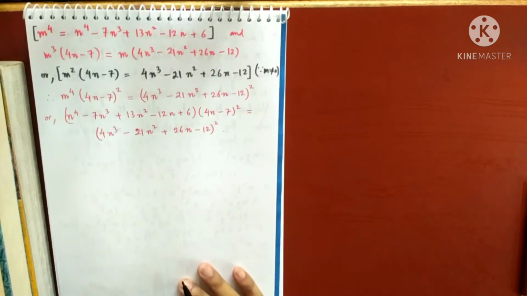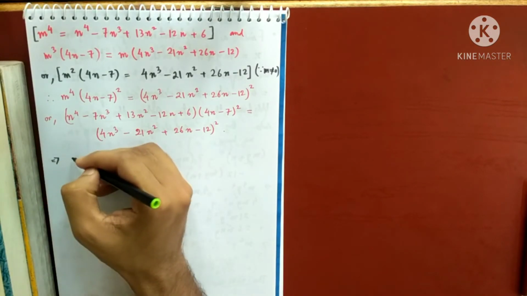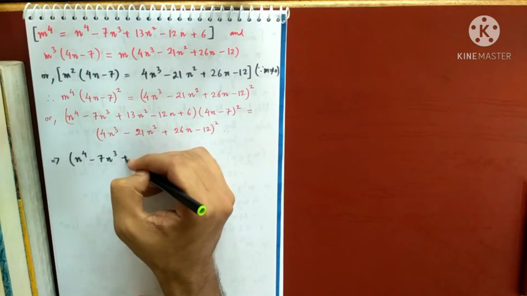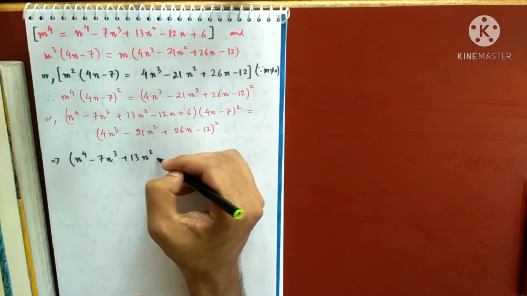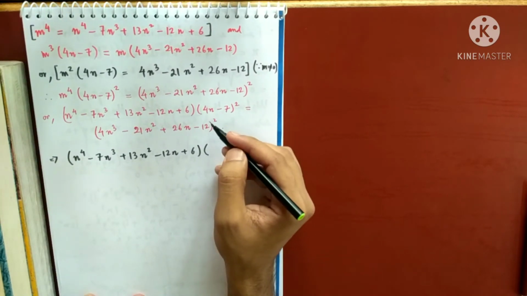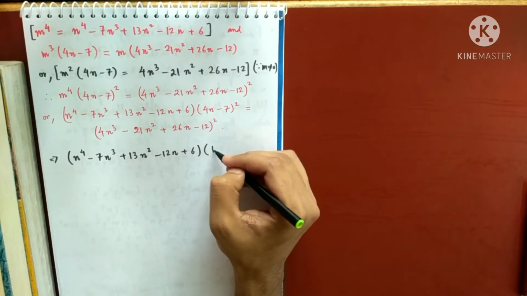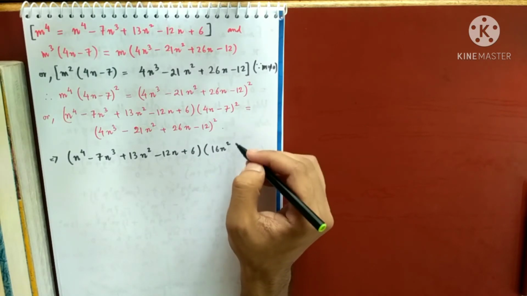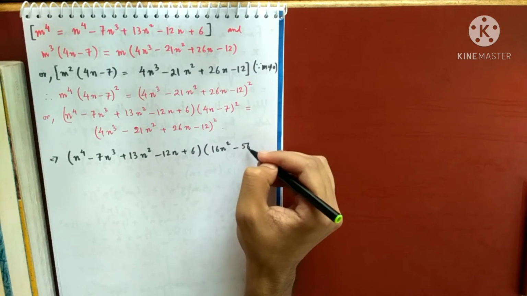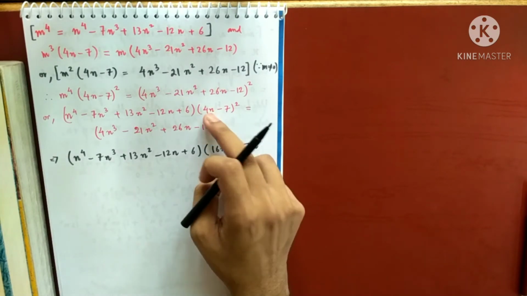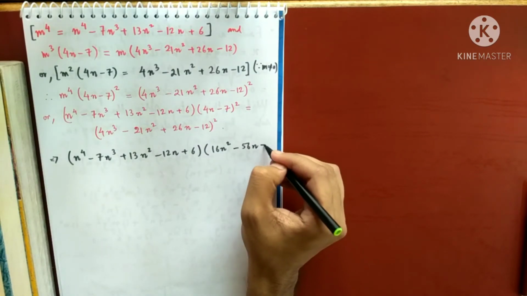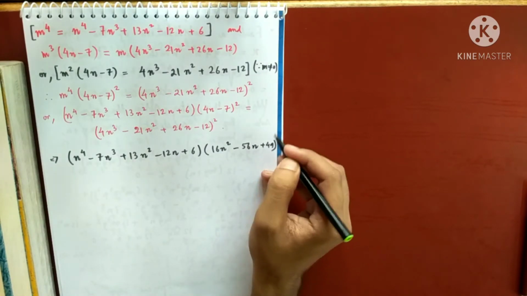Let's simplify this. The simplification will take a lot of time here, but we have to do it. Minus 7n cube plus 13n square minus 12n plus 6. Let's apply the formula for (a minus b) whole square, which is a square minus 2ab. 4 into 7 is 28, into 2 is 56n. So 2 into a into b, plus b square, plus 49 equals to,